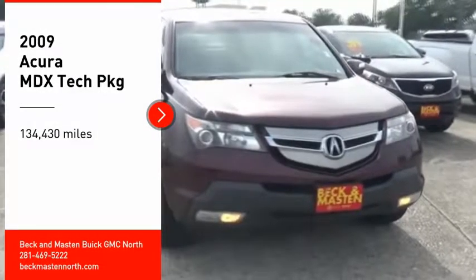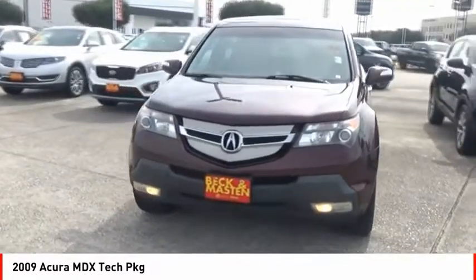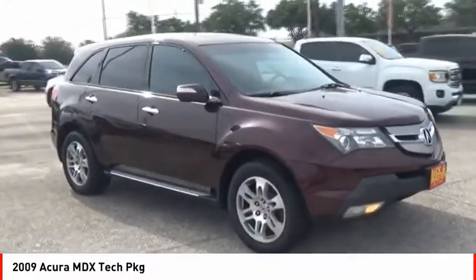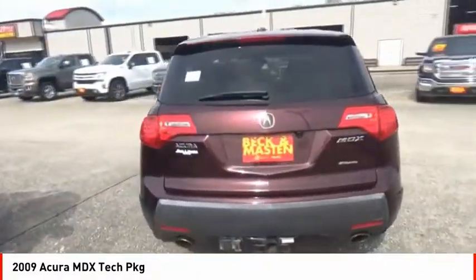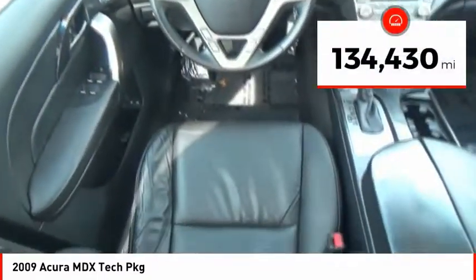Stop by and take a look at the 2009 MDX. The Acura MDX is a wonderful choice if you're looking for a mid-size luxury crossover SUV. Thanks to its high safety scores, a strong engine, all-around utility, and capable handling, this vehicle has less than 135,000